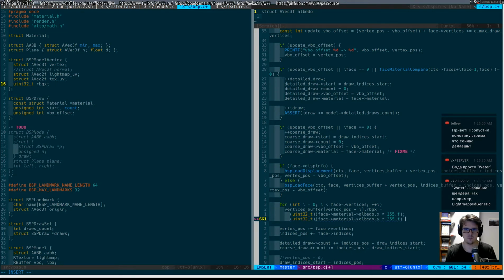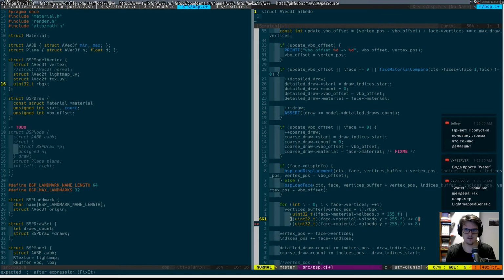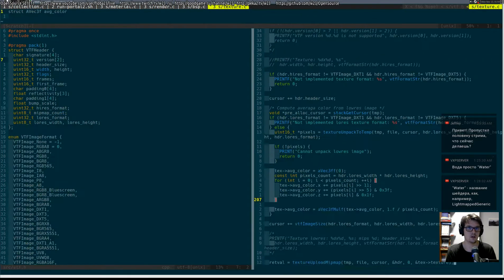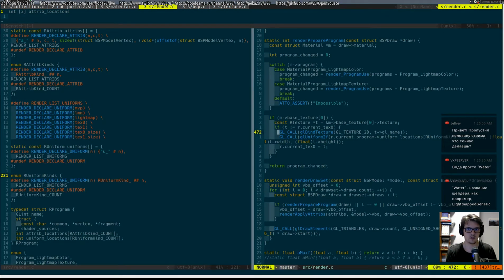And this one, so this one or this one, 8 bits there. And this one 16 bits to the left, something like this, and then I can go back to render